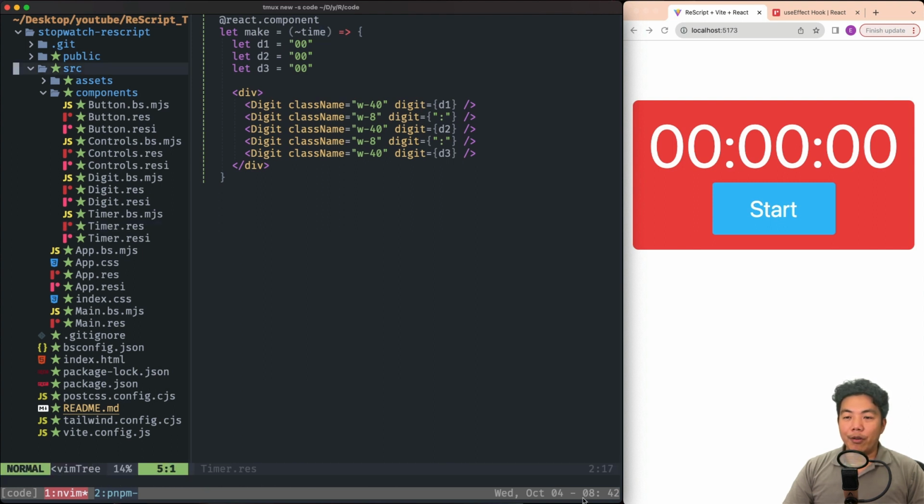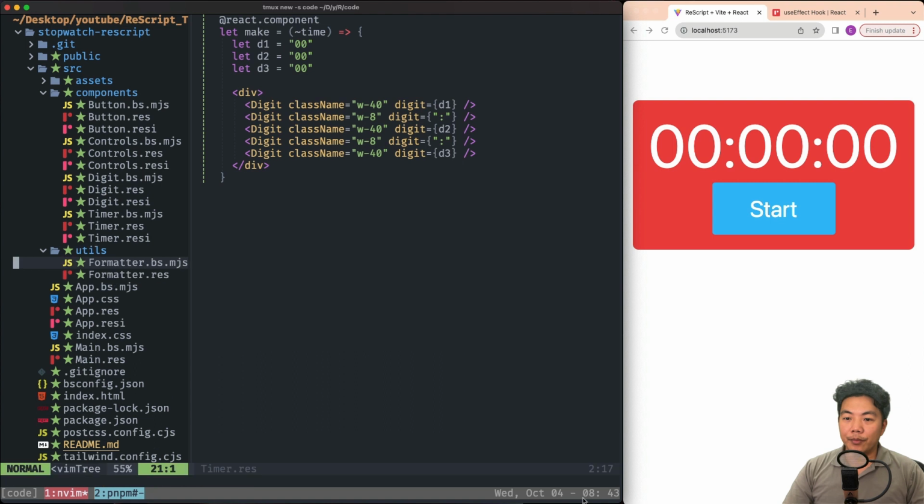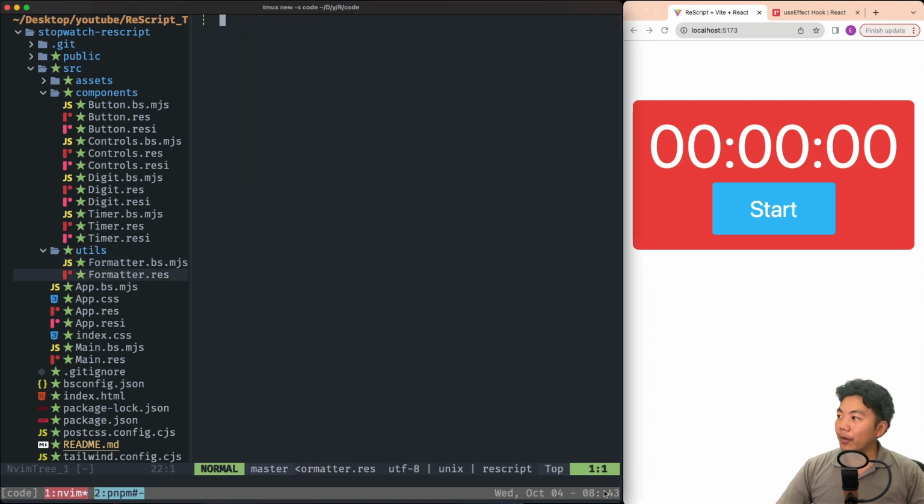I'm going to make another directory called utils, and I will say the file name is formatter. I'll make this quick for you because I already know what type of code I want to put here. But I copied this directly from GeeksforGeeks and translated it to ReScript. If you want to see the original code, just visit GeeksforGeeks.